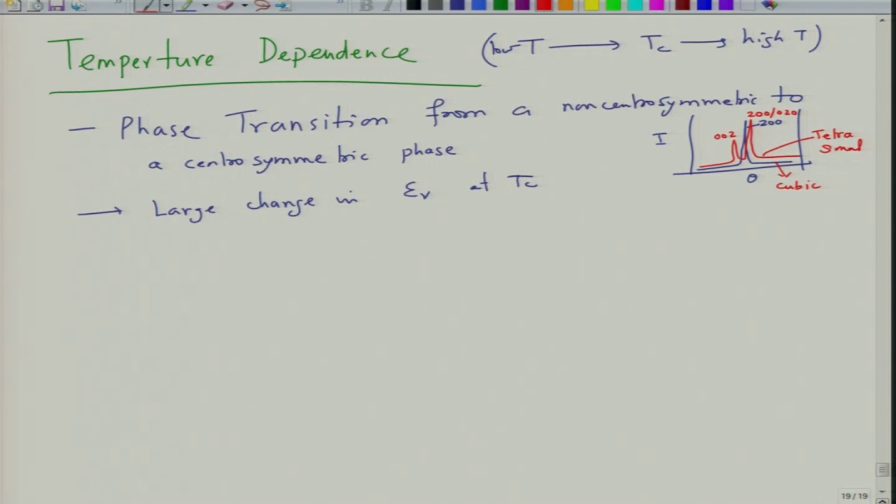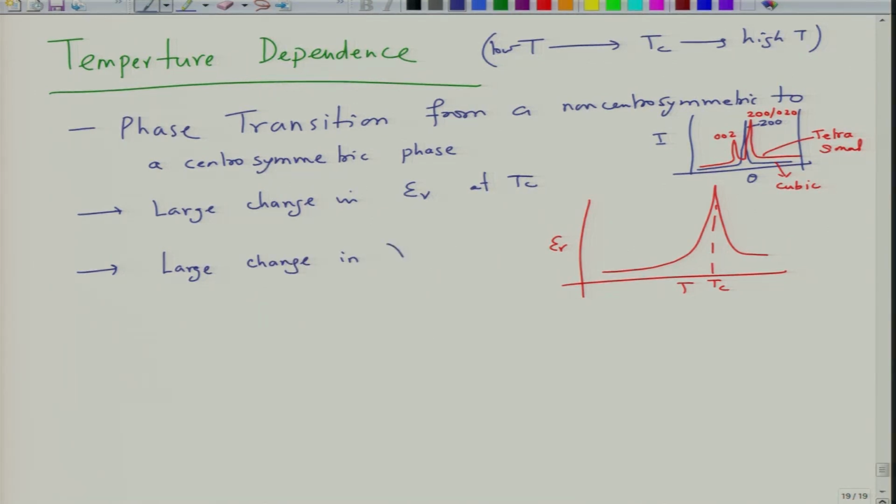Okay. So, this is what you will see in the high temperature region, the cubic region, and this is what you see in the low temperature region, that is tetragonal. And when you make the electric constant measurements, epsilon r versus T, you will see a large change in the electric constant. This is at T equal to Tc. These are experimental verifications which are done easily, okay. And then we can say a large change in the susceptibility also, right,